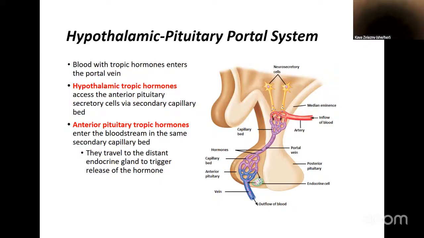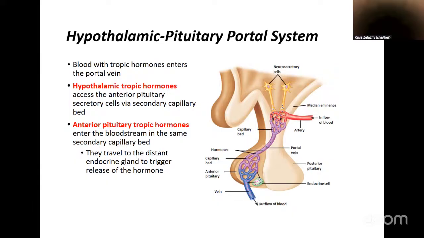So we've got these hypothalamic neurosecretory cells that interact with this portal system, which is two capillary beds connected by a portal vein. So what we have happening is we've got these tropic hormones from the hypothalamus going into this bloodstream, getting to the anterior pituitary, where we then have endocrine cells that release their own hormones in response and head out to the body. Most of those anterior pituitary hormones are also tropic, meaning that they then also affect the release of hormones elsewhere